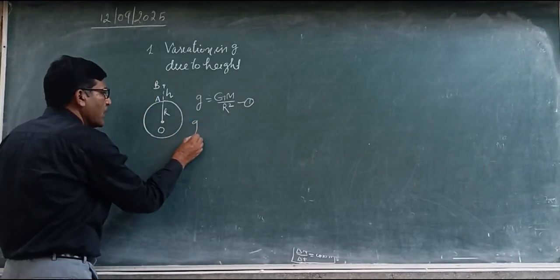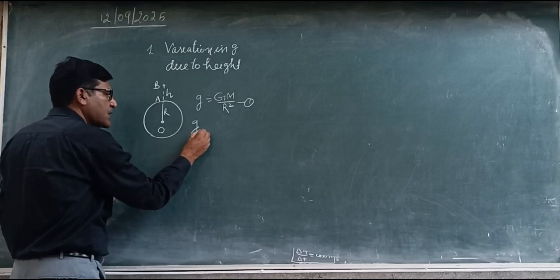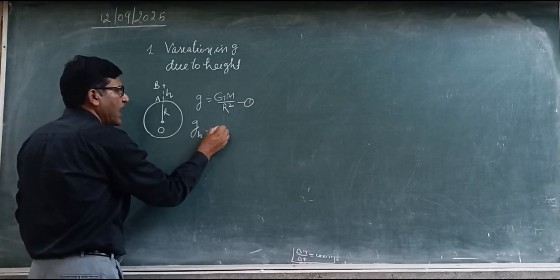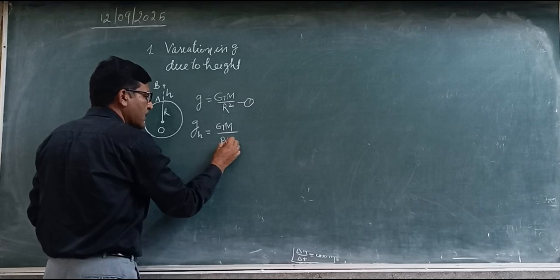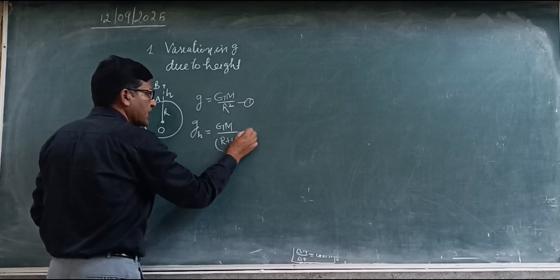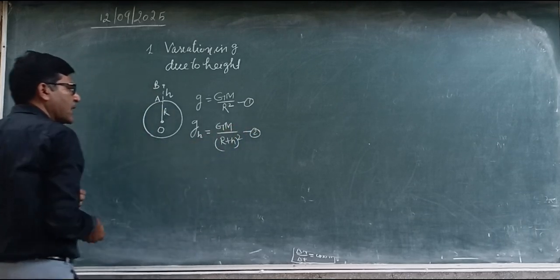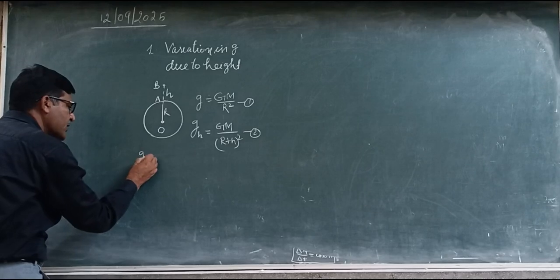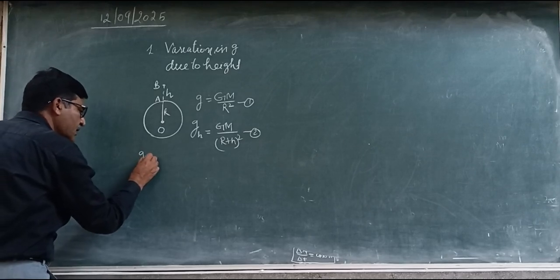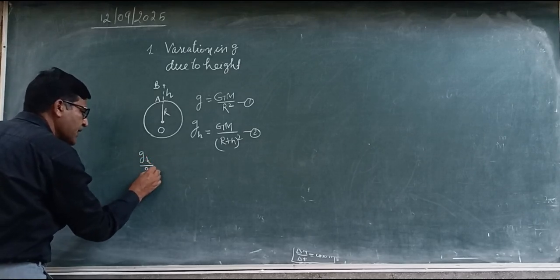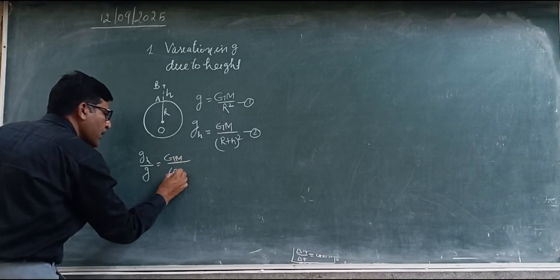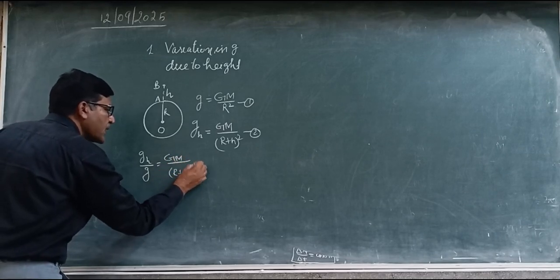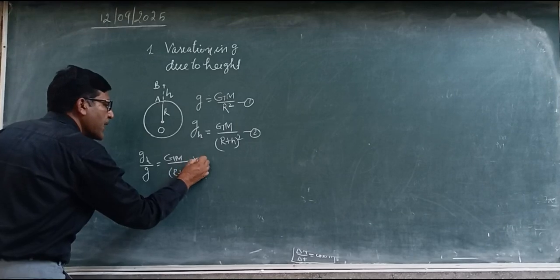So at this point the acceleration due to gravity becomes gh and the distance becomes R plus h whole square. We just have to compare, that is gh upon g,